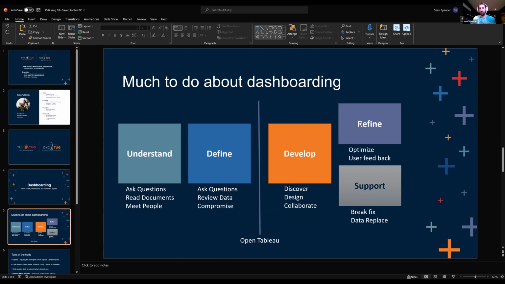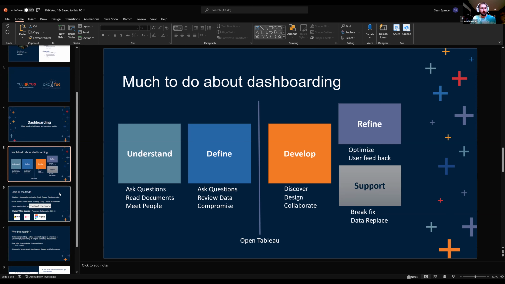And then of course, dashboards enter this refine and support phase where after a week or two, you're going to get user feedback. You're going to get notes or comments. Maybe things don't quite work the same on server. Maybe there's an updated Tableau version and a couple of things. It's not always pixel perfect. And then of course, support. Data sources change. Things break. It's just kind of the way things go. And so these last two steps are kind of, I don't know, circular, cyclical, maybe. I'm not sure what the word is there to use. Doesn't matter. But this is kind of how we view dashboarding.